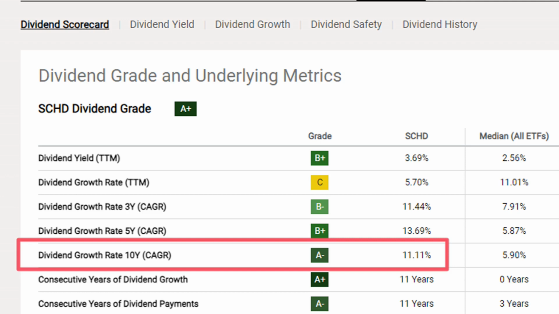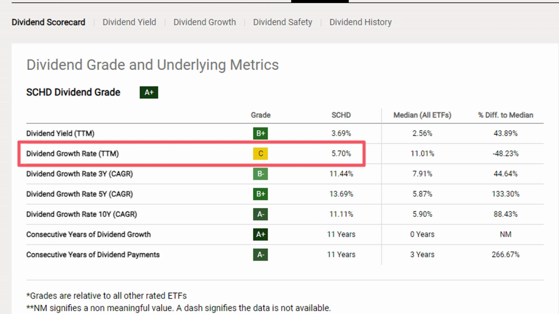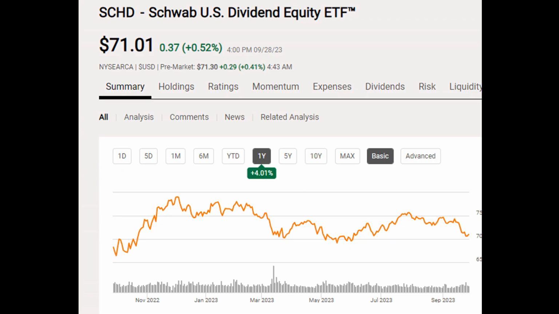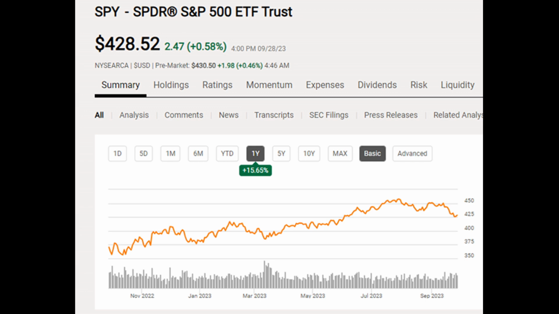Of course, no one knows if that will continue, and we can see that for the past 12 months the growth rate was 5.7%, but it is a good track record. Speaking of the last 12 months, the share price performance of the fund for that time frame is currently at 4% up. Since I'm a cash flow investor, I am not that interested in the share price fluctuations, but for